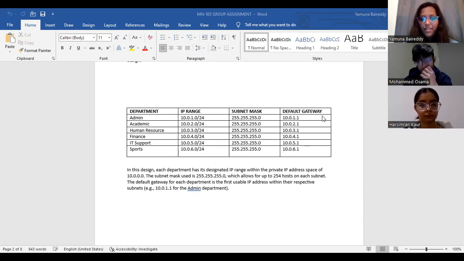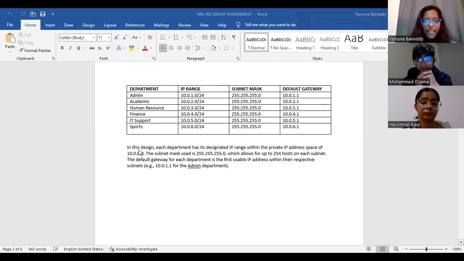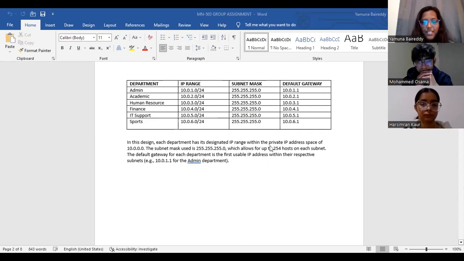255.255.255.0. Default gateways are 10.0.1.1, 10.0.2.1, 10.0.3.1, 10.0.4.1, 10.0.5.1, 10.0.6.1. In this design, each department has its designated IP ranges within the private IP address space of